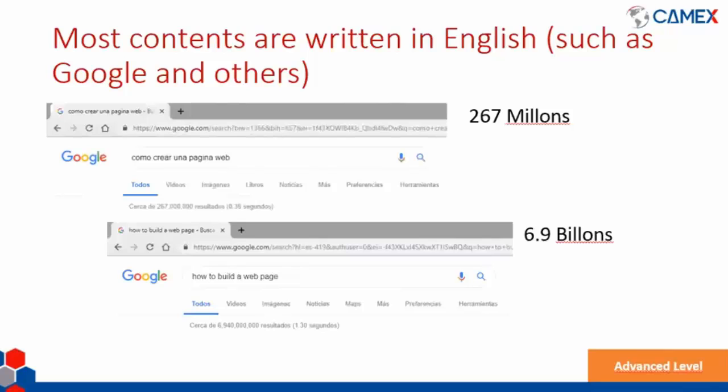And when I searched how to build a web page in English, Google found 6.9 billions results. So the difference is very big. It's like 10, like 15, like 30 times more information about just one topic.